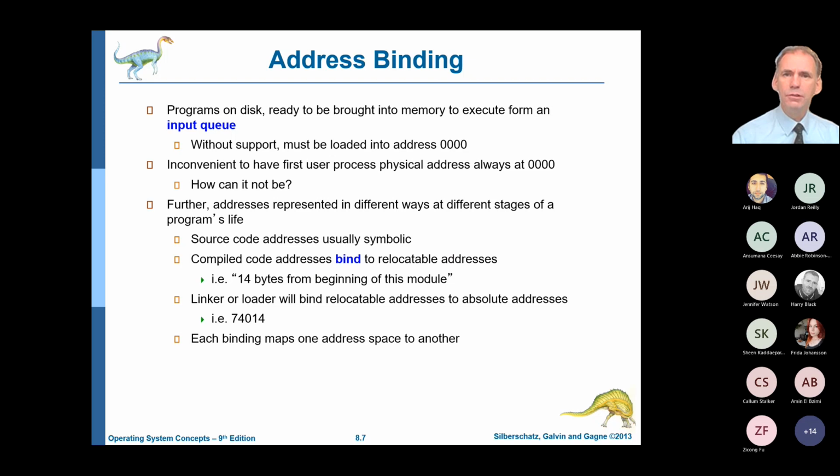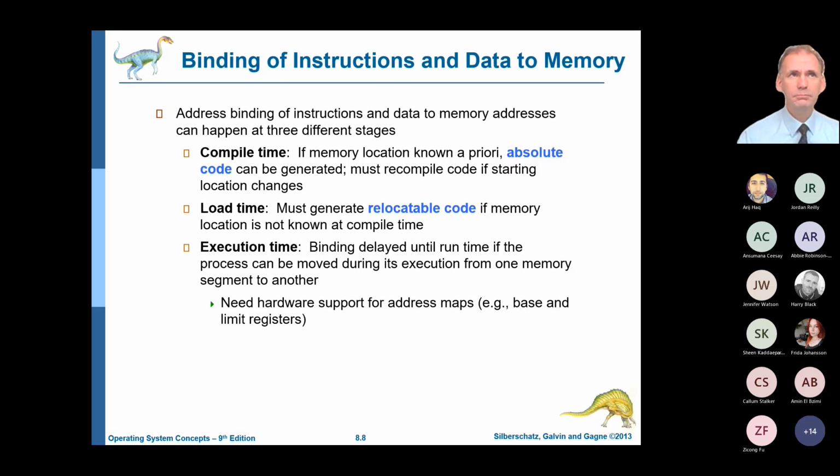And there's a lot of different places that you can do, a lot of different ways that you can do that. You can do it at compile time, but that's going to be really hard. When you're creating a program to say, yeah, I know where this is going to run in memory every single time. Well, good luck. Perhaps if you're writing a system that is a dedicated system, so a real-time system, you'll know always what's going to be in memory because you have to ensure that the sort of things that happened with me there when I was starting my PowerPoint don't happen with your real-time system, because you don't want your ABS brakes slowing down